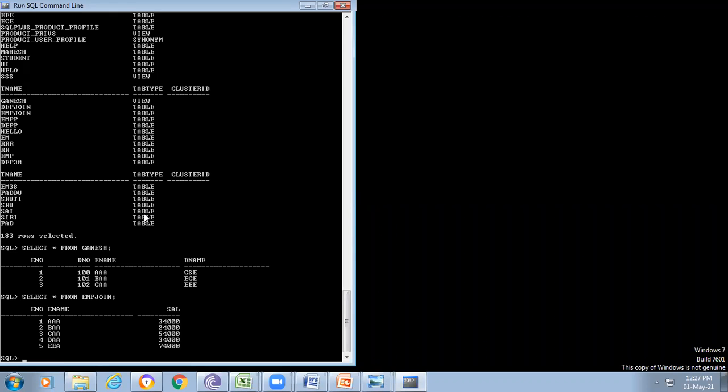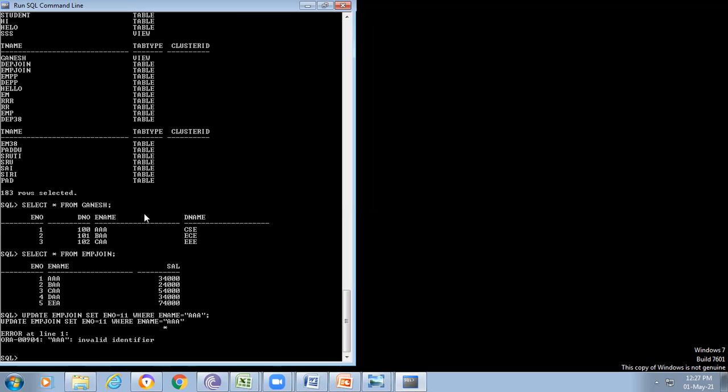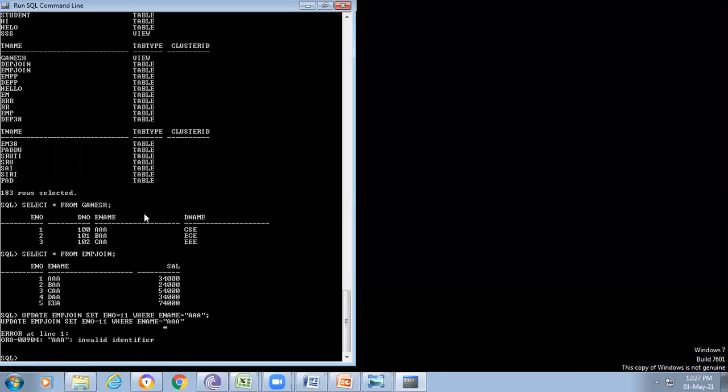Okay, for example, now I want to change the number. So update. What's the table name? Emp join. Set e_number equal to 11 where e_name equals triple A. Okay, what's the problem?